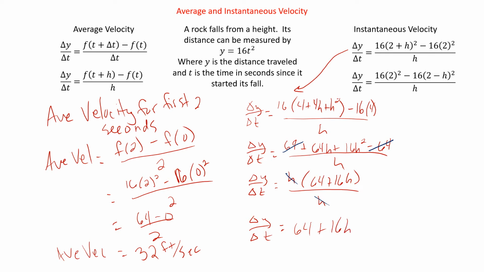Now if we do the exact same thing with the other one, we can follow along with the same steps, and we're going to get delta y over delta t equals 64 minus 16h. It's going to switch places there. So what we have is one that's just a little bit bigger and one that's just a little bit smaller. Now if we take values of h and we plug them into a table,